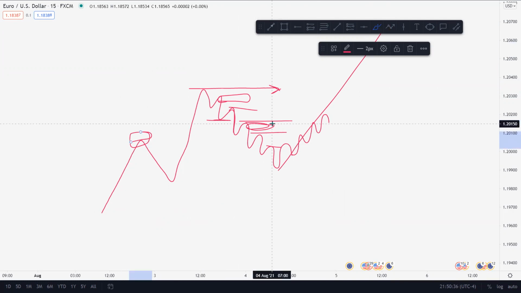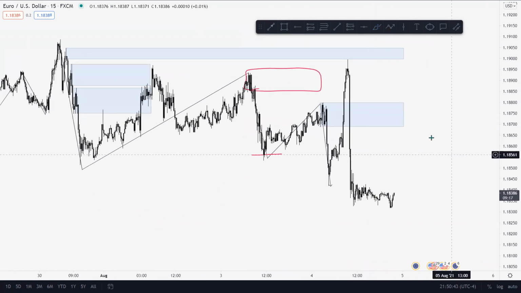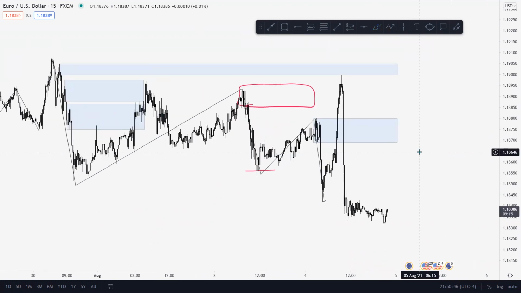So the point is, with this EU trade, am I showing you guys the trade we took? No. Am I showing you a winning trade? Yeah. But at the end of the day, it's not a trade I would have taken. I wouldn't. As soon as it trades above this, I'm like, nope, I'm not trying to call high. I'm not going to try to sell it, because now we're bullish and all of these are invalidated.